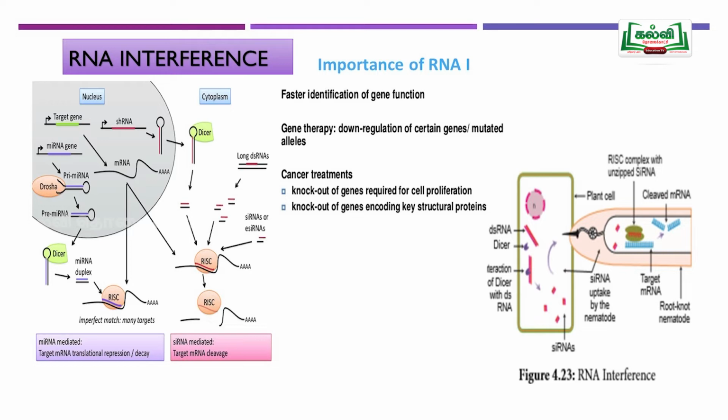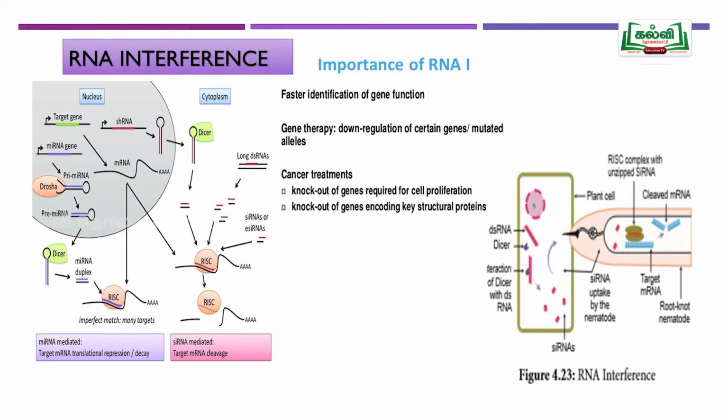The double stranded region is broken by two important enzymes, or proteins, DROSHA and DICER. They go and trim the RNA if double stranded RNA is present. Only the small double stranded sequence is transported to the cytoplasm. This double stranded RNA goes and binds with the RISC complex. RISC is nothing but the RNA interference silencing complex. Wherever the double stranded RNA is present, RISC binds and removes one of the strands, so the other strand stays with RISC.